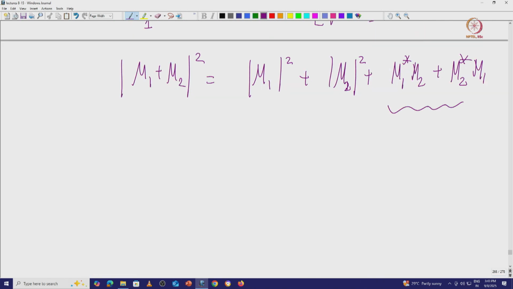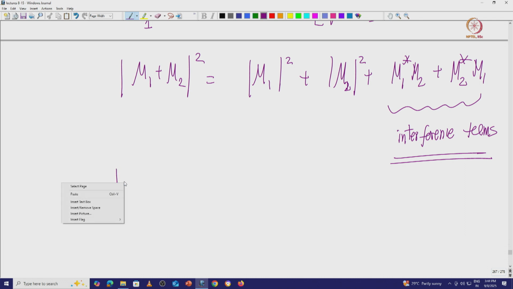These are called interference terms. So these tell you that both the diagrams have cross terms between them. Essentially these are the diagrams which are cross terms between them. So these are called interference terms, and they can play a very important role in certain cases. So the two diagrams don't just add up,